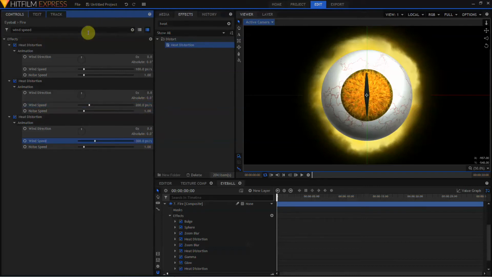Type in wind speed in the search bar, and I'm going to change the wind speed for all of the 3 heat distortions so that they're all moving at slightly different speeds. I think I'm also going to change the wind direction a little bit as well. Maybe make one of those 10, one of those -10. And while I'm at it, I'm going to adjust the noise speed as well. And I'm going to do that in the inverse of the wind speed. So my slowest wind speed will have my fastest noise speed. I'll make that 2. My center will have my center. I'll make that